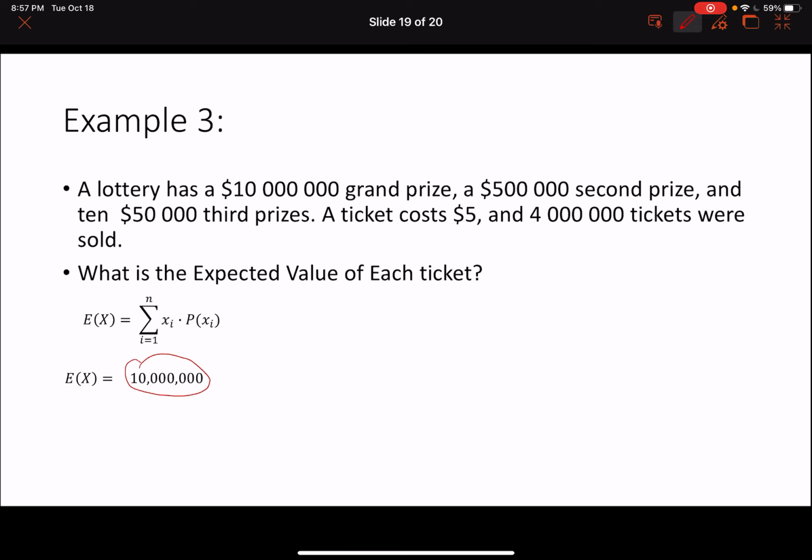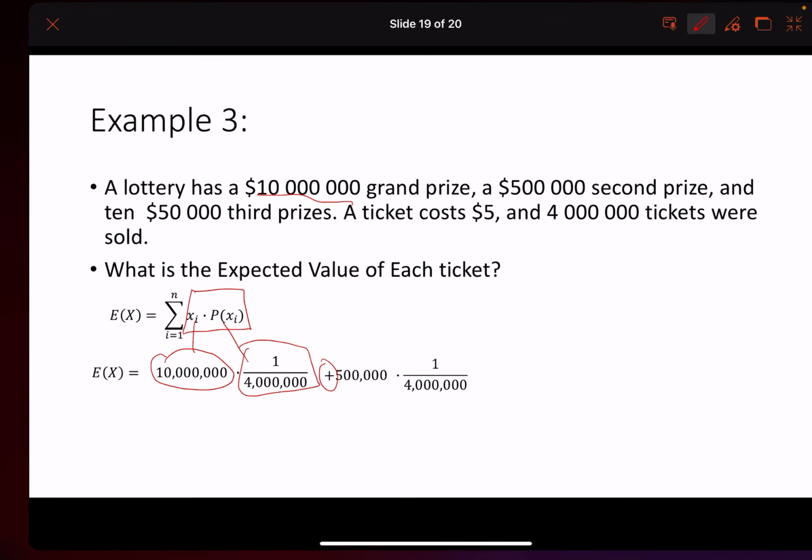Is 10 million. And the probability of that outcome is 1 over 4 million. So that's outcome times the probability of that outcome. Then we add the next outcome, which is 500,000 times,